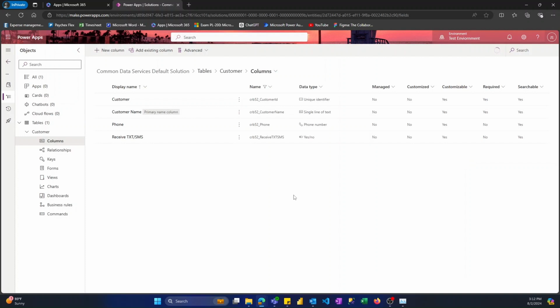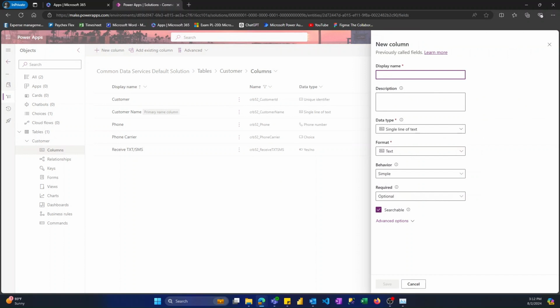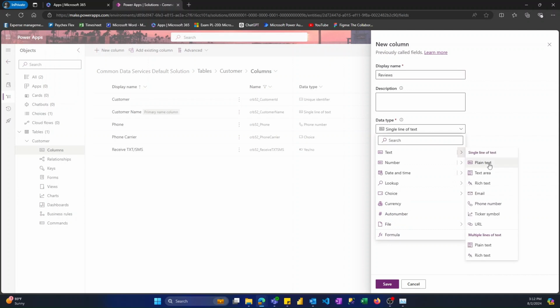And we're going to make just one more column and we'll be done creating columns. New column. We're going to call this reviews. So you have plain text, text area, and then multiple lines of text. So multiple lines of text gives you more characters you can put. Text area gives you more characters you can put than plain text, and the plain text multiple lines is more than the text area. I know I kind of explained that pretty badly, but just to give you an example,